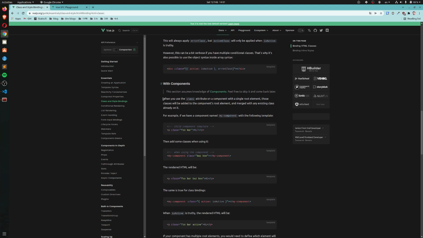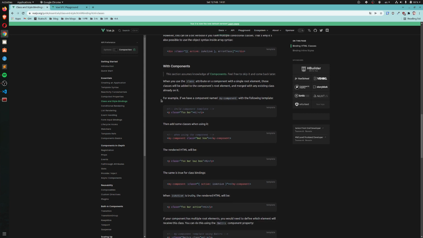With components. This section assumes knowledge of components. Feel free to skip it and come back later. When you use the class attribute on a component with a single root element, those classes will be added to the component root element and merge with any existing class already on it. For example, if we have a component named MyComponent with the following template, paragraph with classes foo and bar, then add some classes when using it, MyComponent class baz boo. The rendered HTML will be p class foo bar baz boo,